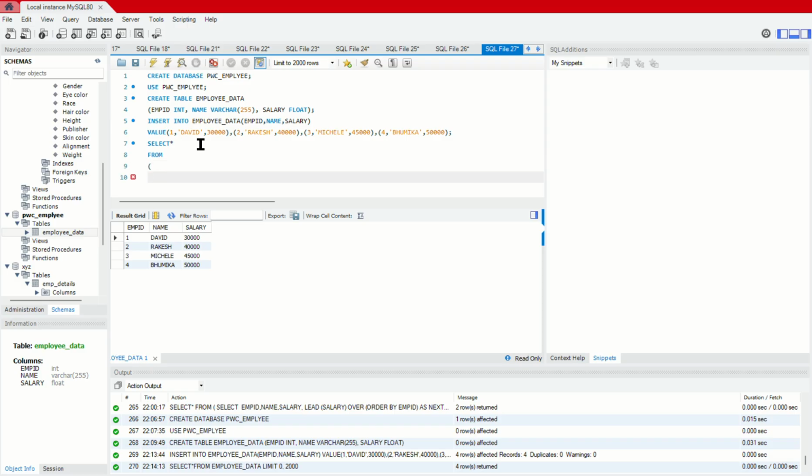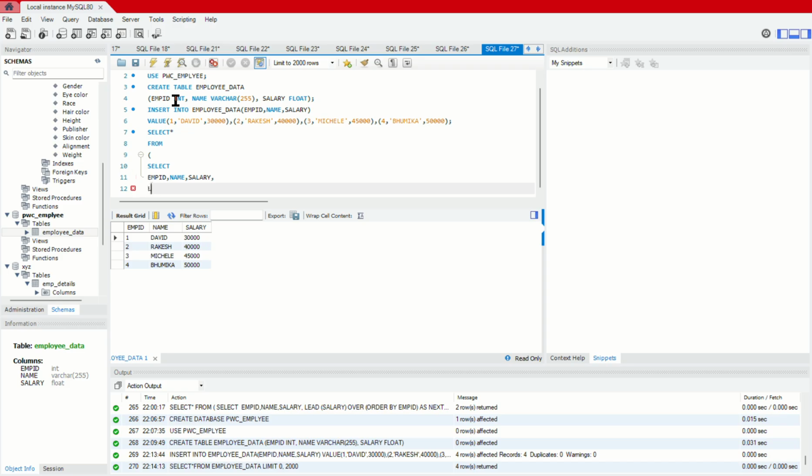First command, select from which table? From the table of employee data, correct. So select employee id, comma, name, comma, salary, comma, lead. Lead means